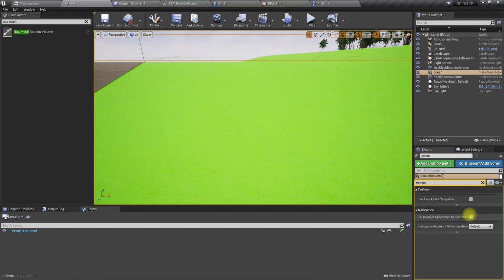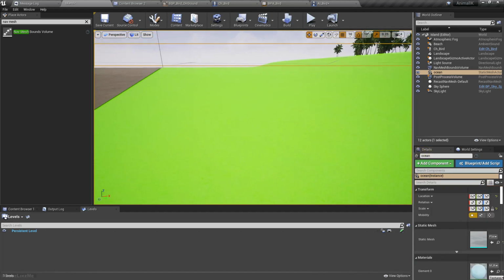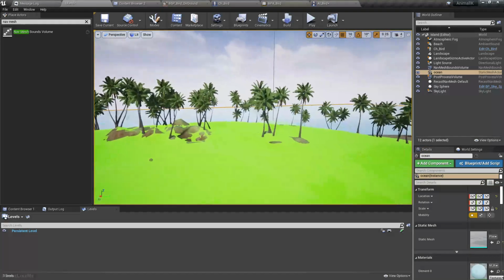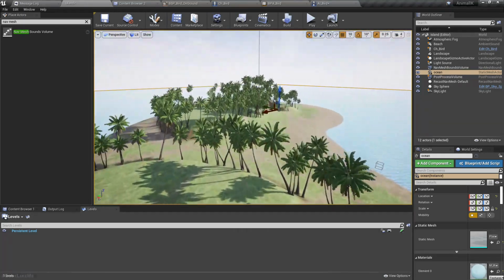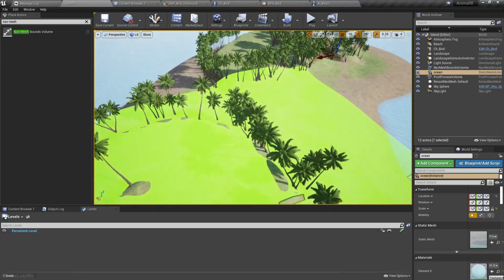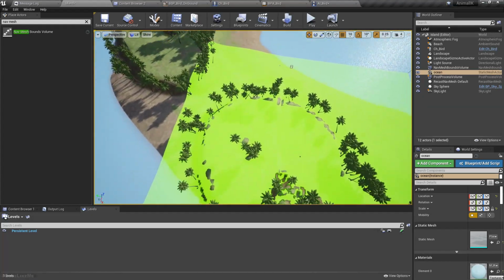No, let's forget about that part for now because we are talking about birds, so later on we can worry about it. For now let's just cover only the ground.